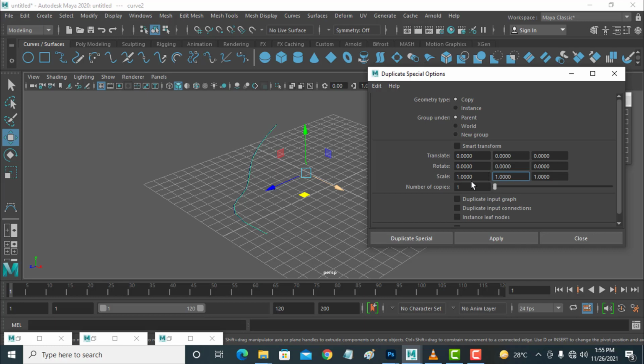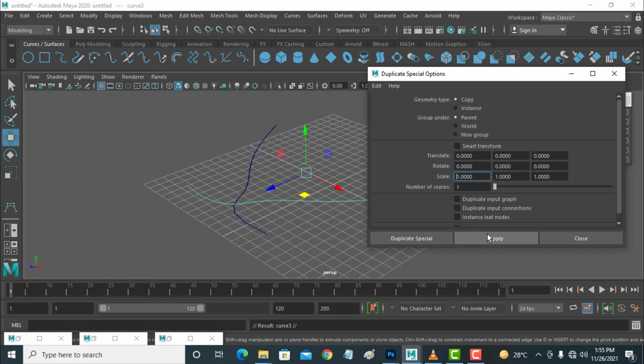I am doing -1 here, apply, but this is not good. Apply and select this, delete, select this, and scale -1, apply,